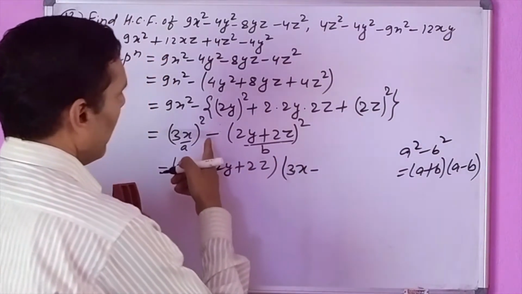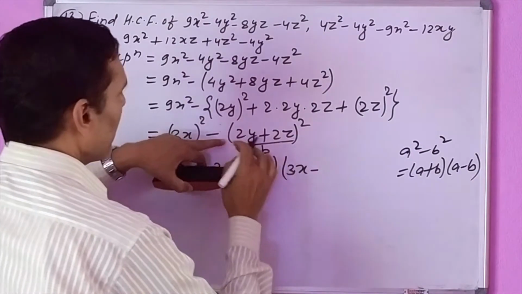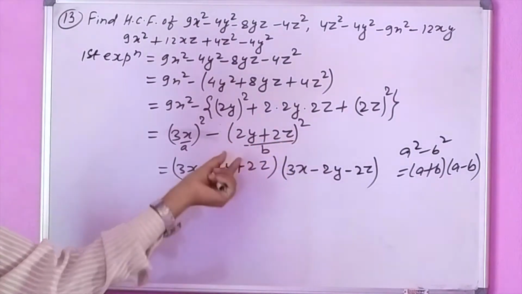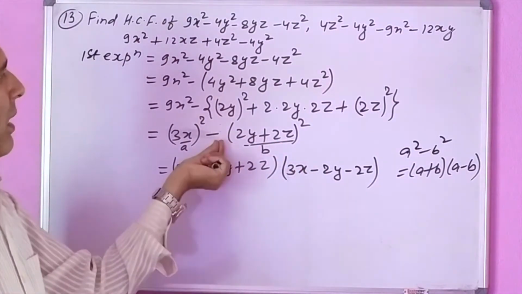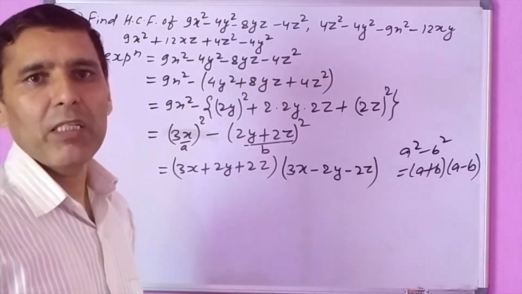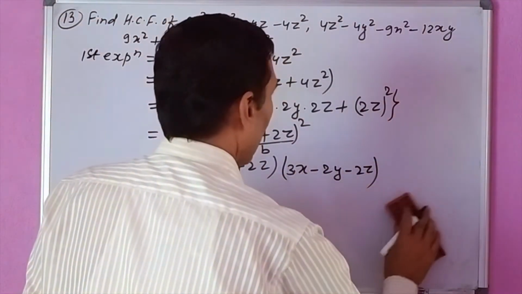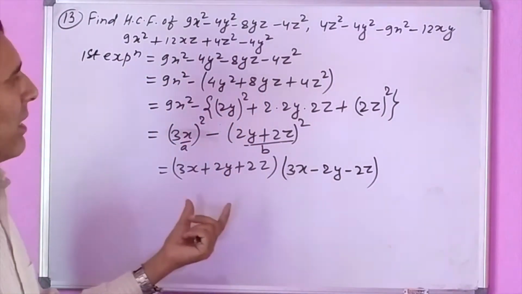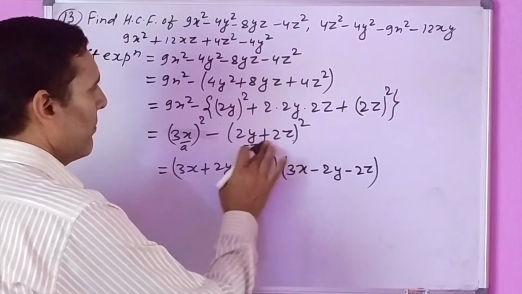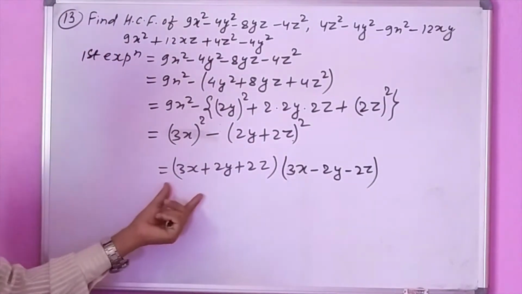So here we are opening this bracket by minus, so it is minus 2y minus 2z. When the bracket is opened with minus sign, this plus 2y becomes minus 2y, and this plus 2z becomes minus 2z. In this way, we can use the formula of a square minus b square at a time. Otherwise, we have to write one or two lines more. It will be slightly longer. Why make the process longer? If you have understood, it's okay, fine. So try to understand, please. So these are the factors of the first expression.